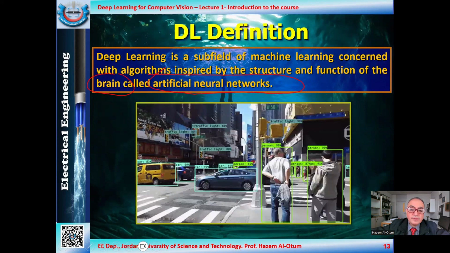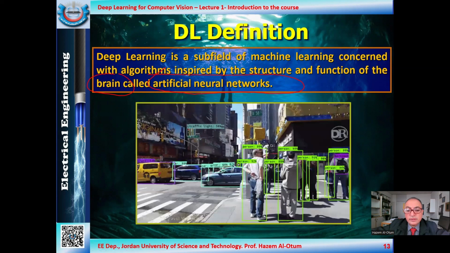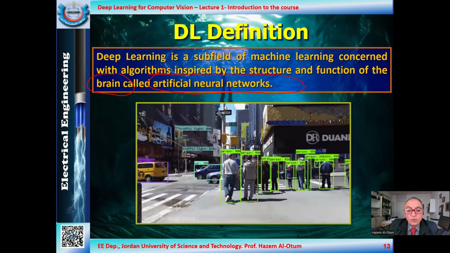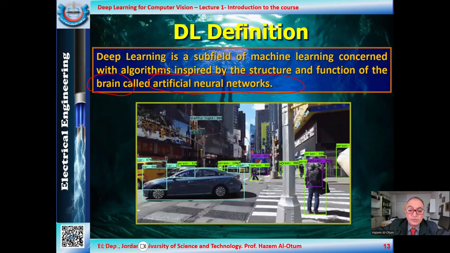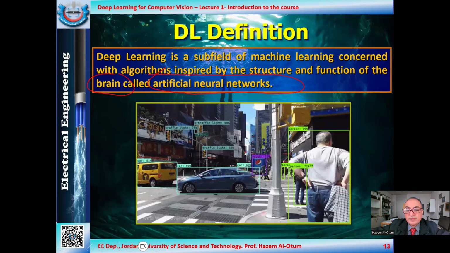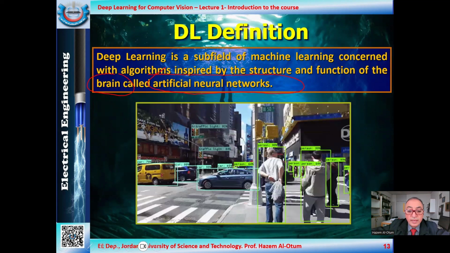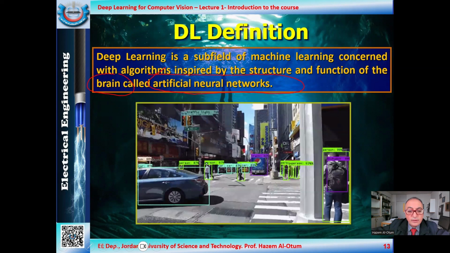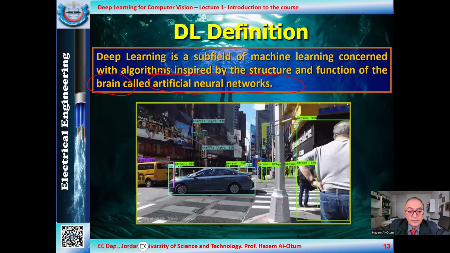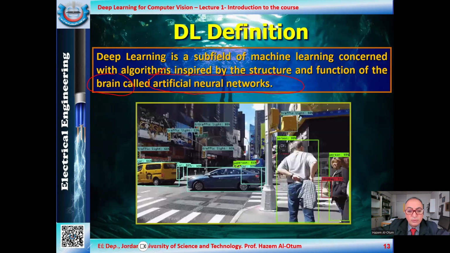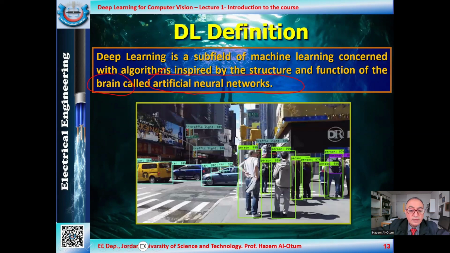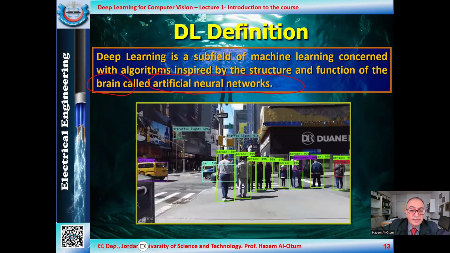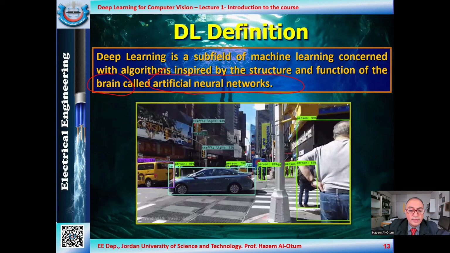Another application of deep learning systems, as here we can recognize and classify all objects moving in this video. As you see here, we have a car, we have a person, maybe we can give him an ID, name, according to the used data set in the system. We also can add, if you follow this car when the car is moving, the accuracy or the probability of having this as a car.